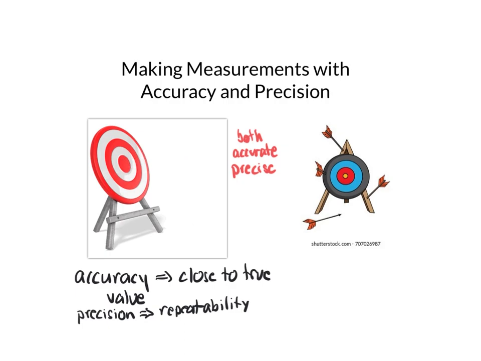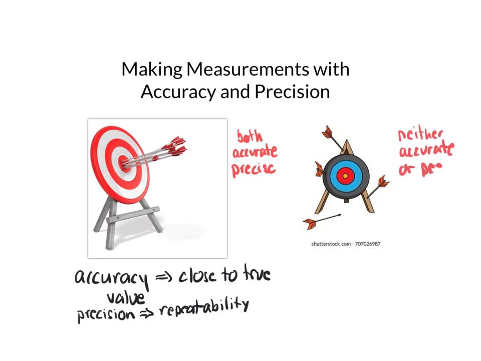When I'm looking at this other example, I can see that the arrow has missed the mark every single time. So I'm not very accurate. I'm not actually hitting the spot, the true value, which would be the middle of the bullseye. And I am not very precise, right? My arrow is going wild all over the place, and so this is neither accurate nor precise.